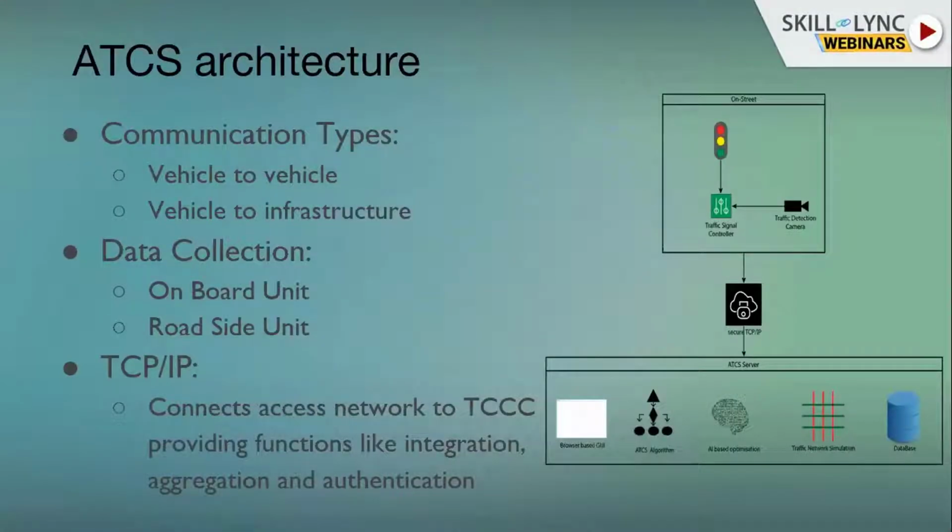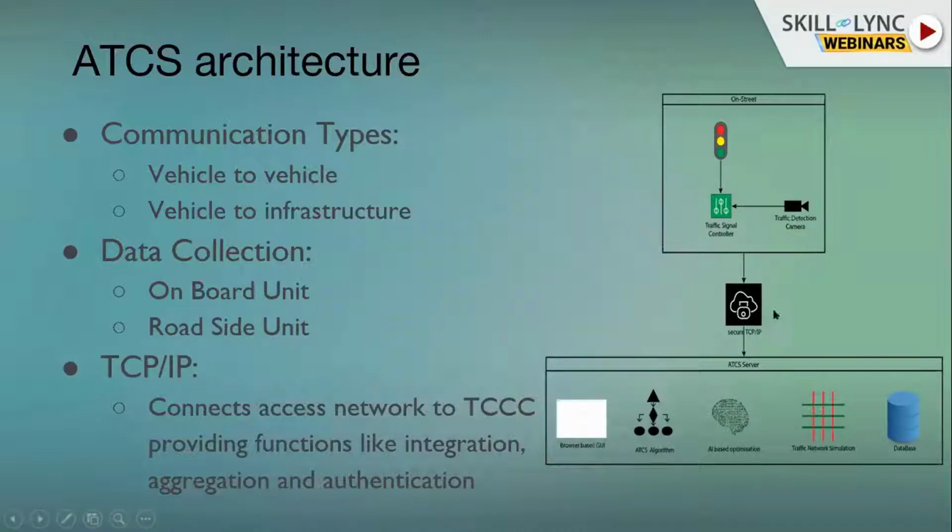Now, if you look at the architecture diagram of the ATCS, it's a very simple architecture. Basically, you need to install a traffic signal in the field, and you have to connect those signals to the traffic signal controller. Because if you have 4 approaches, you have to install 4 signal poles, and you have to connect those 4 poles to the traffic signal controller. And you need a detector, a traffic detection camera. It can be a camera, it can be radar, or something else, depending on the type of the detector that you're using, as I've mentioned before.